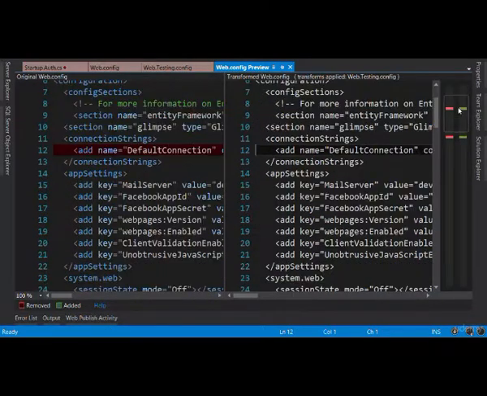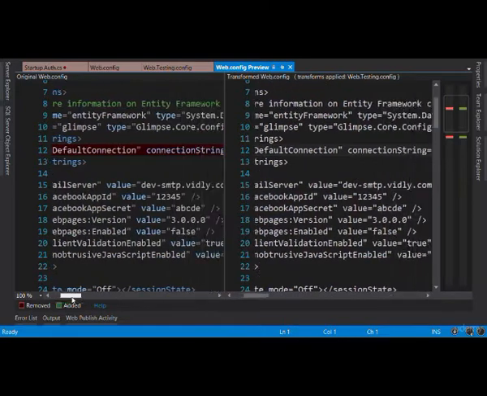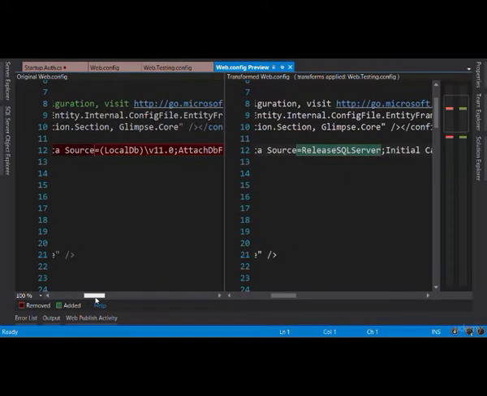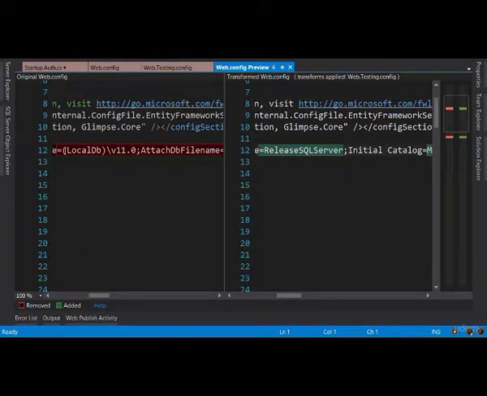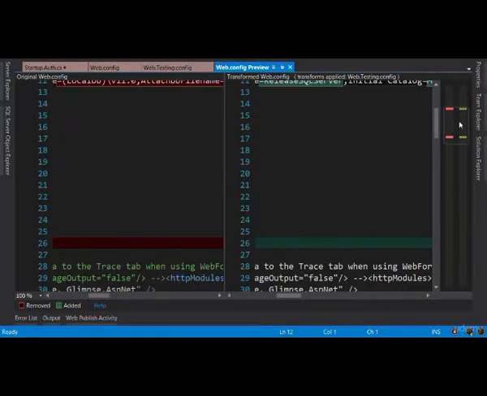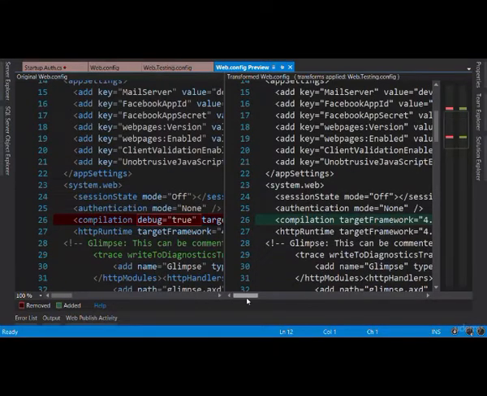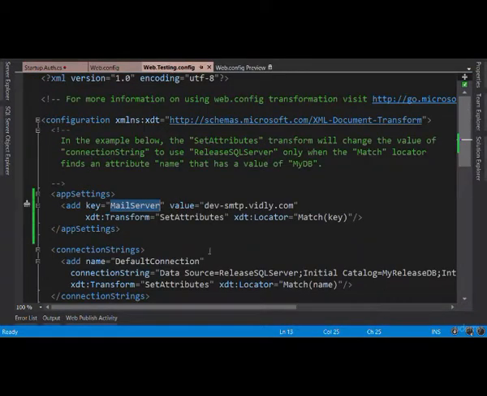You can see we have two changes here. One is for the default connection. If we scroll to the right, look, this value, the connection string on the left side, is replaced with the one on the right side. We also have another change, and that's for the compilation section. So debug equals true is removed. But note that our application setting, MailServer, is the same. It's not changed. So we go back to our web.testing.config and change this value to